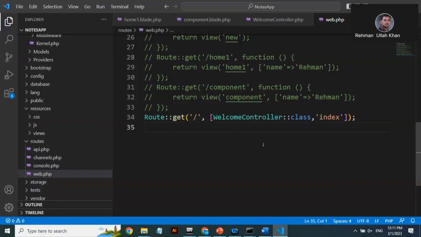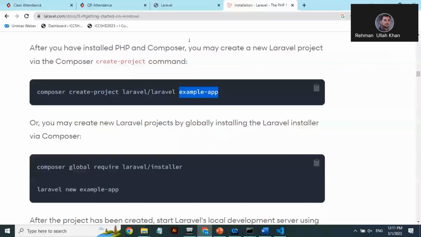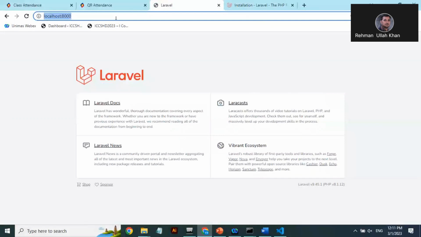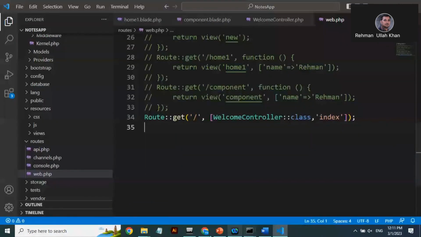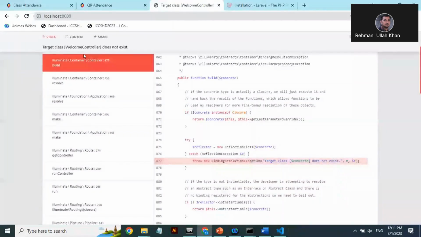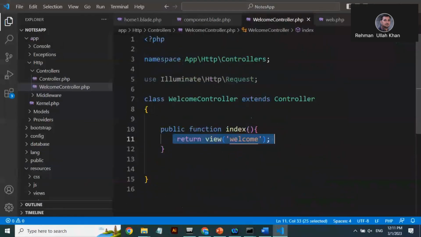So, to see whether this controller and the functionality that we added is working or not, we will go to the browser, and in the browser, it is the home directory again, just localhost colon 8000 in my case. If I just refresh this one, you see I have a problem. Let me see the error message. Welcome controller does not exist. Yeah, you see why it says that the welcome controller does not exist? Because you see here